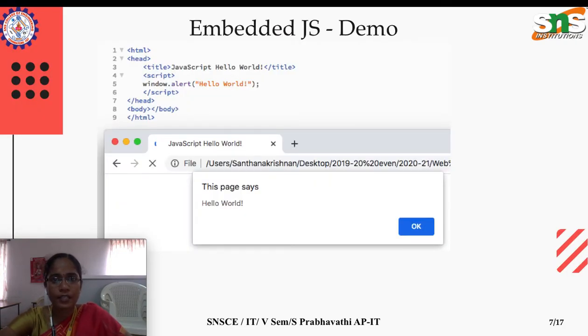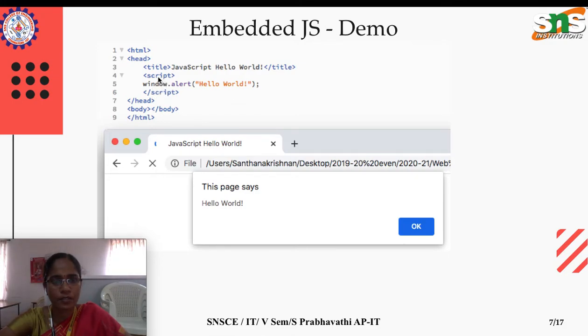And here is an example for an embedded JavaScript. Here what we are doing, just an HTML page with the title and script. Inside the script, we are simply displaying the alert message. Alert is a method which depends on the host environment object called window.